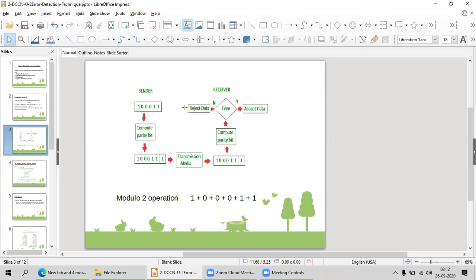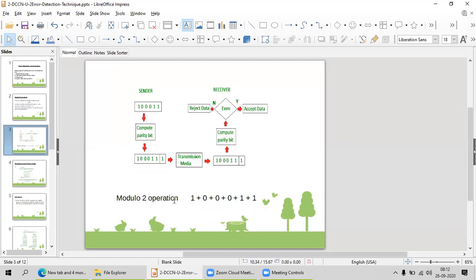But how will the computer understand? Using the modulo 2 addition operation, it understands. Computing the parity bit is nothing but doing this modulo 2 addition operation.